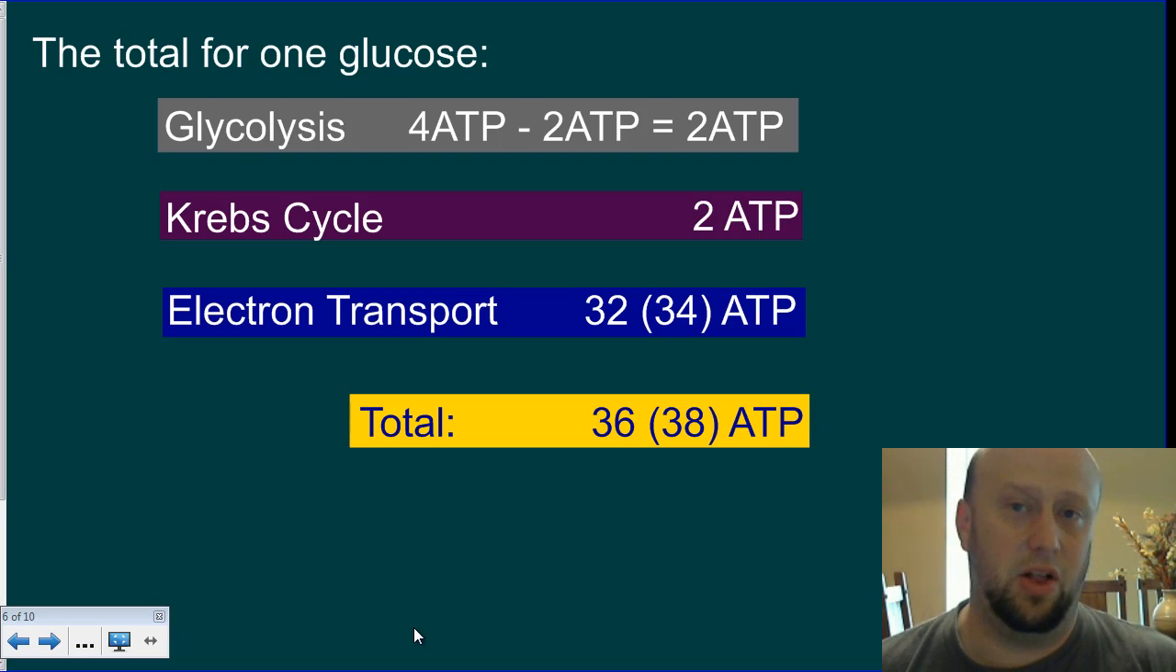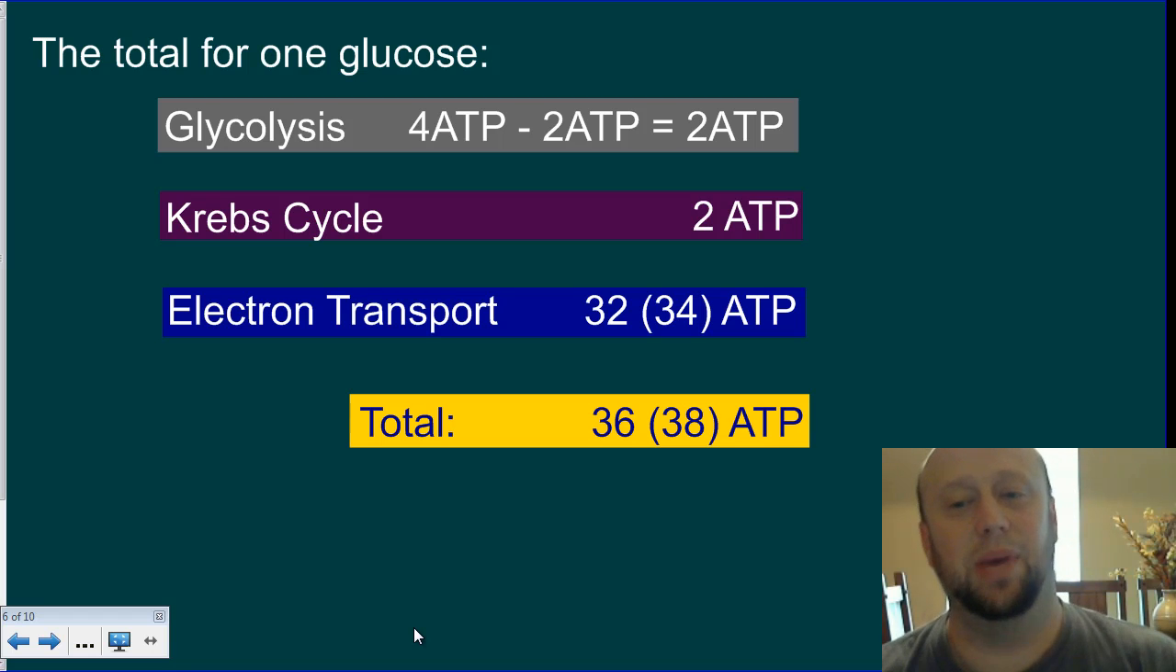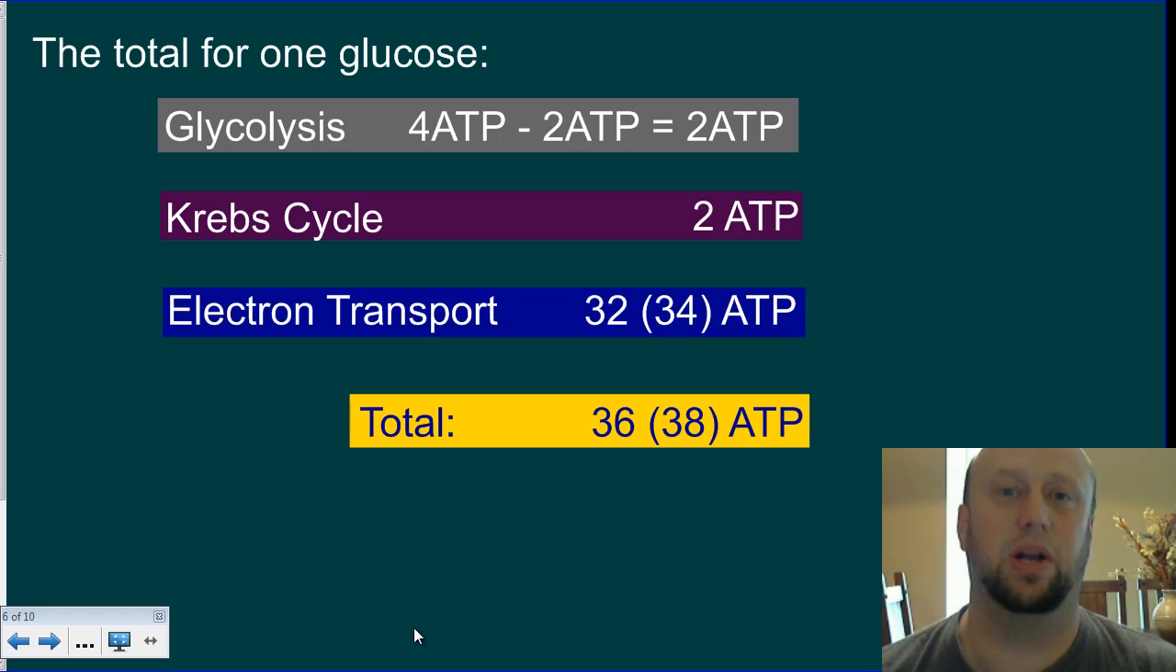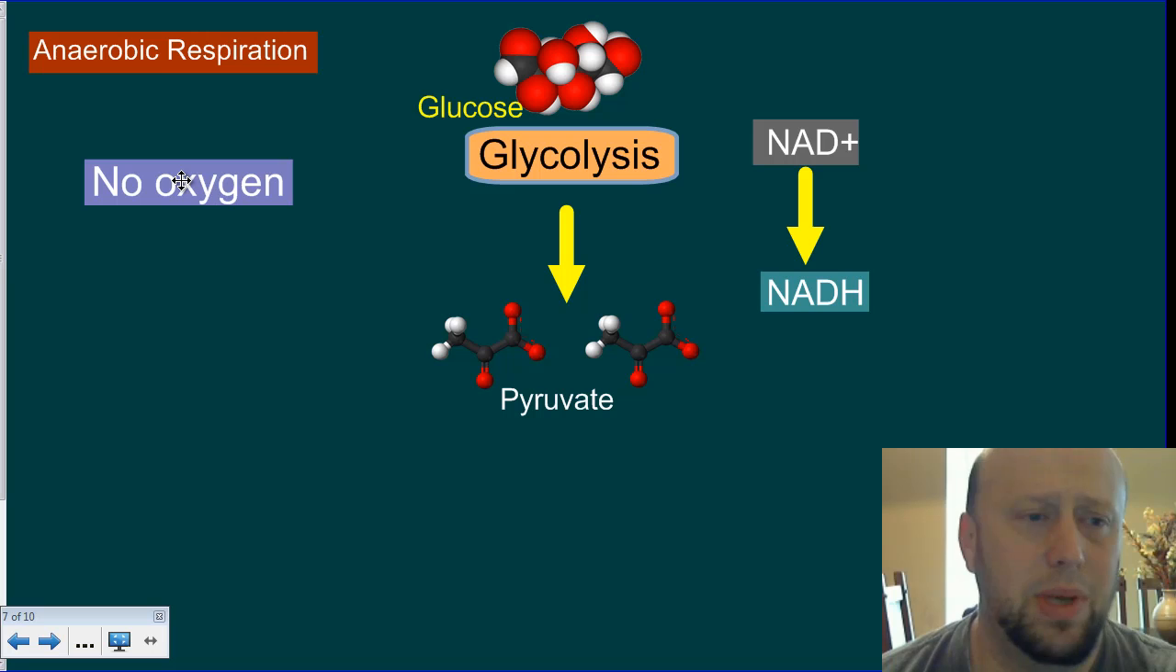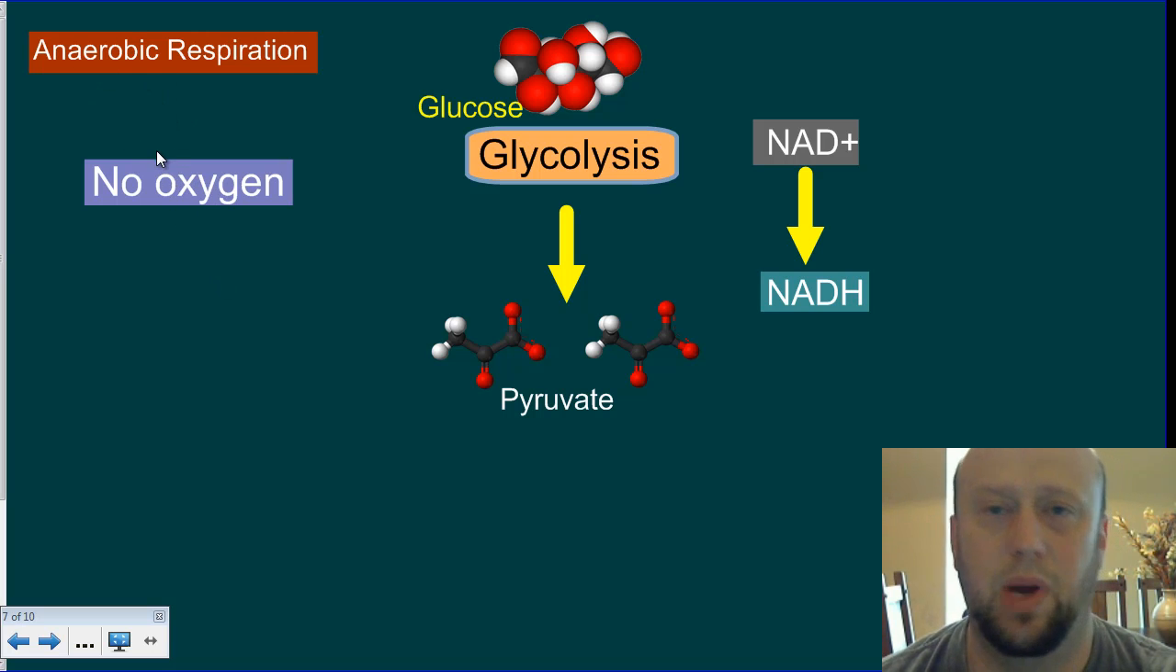Anytime in a cell that something needs to happen to build something and there needs to be energy going into it to make it happen, the ATP is what goes in there, and that's what gets used to push that forward. Now, if you recall, we said that this was all aerobic respiration. Okay, so what happens when there's no oxygen? What happens when you're